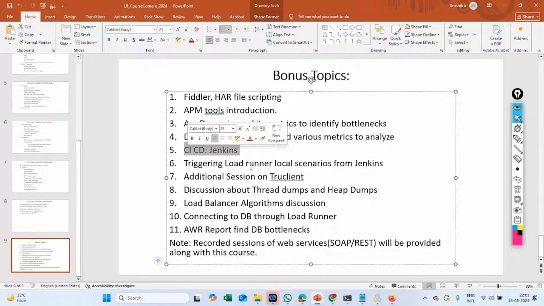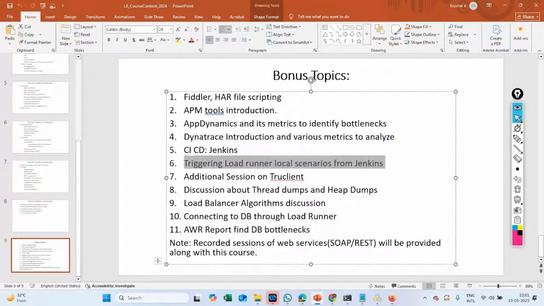All these years, nobody used this term Jenkins in performance testing projects. Why we started using this term, we will discuss that, and we'll also see how you can trigger a load test using Jenkins on your local machine. And we'll also discuss an additional protocol called TrueClient, and something called thread dumps